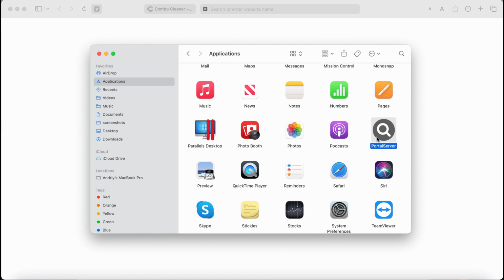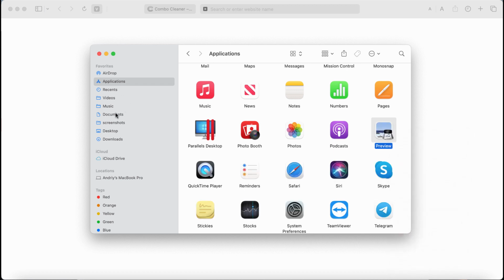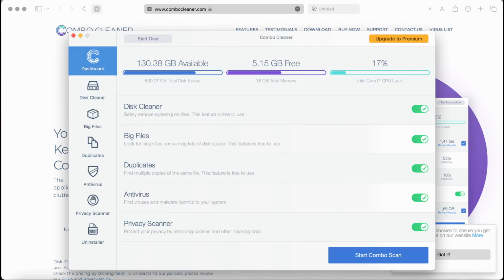To remove this PortalServer, here is what you need to do. Check your Finder, right click on this adware and move it to the trash. Also, I recommend you to additionally investigate your system with Combo Cleaner that can be found on the page combocleaner.com. So use the green Download Combo Cleaner button, install the program, and start researching your system in order to detect